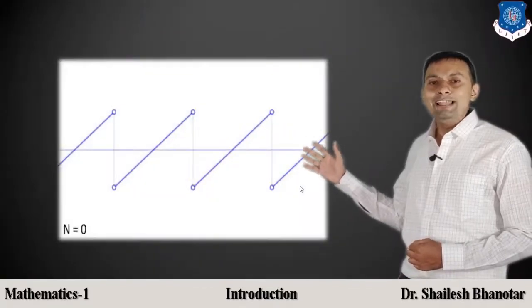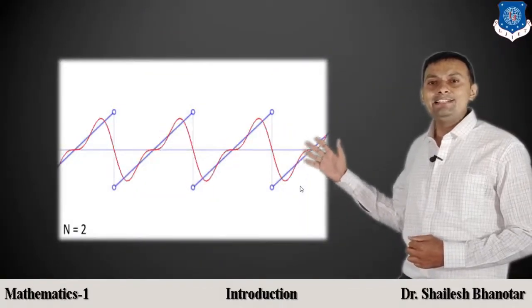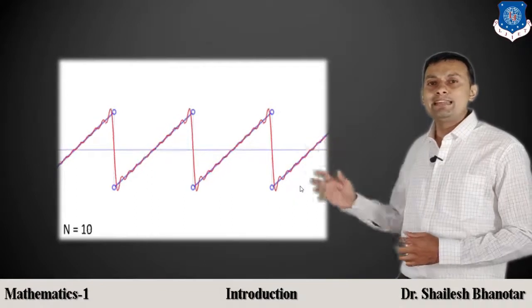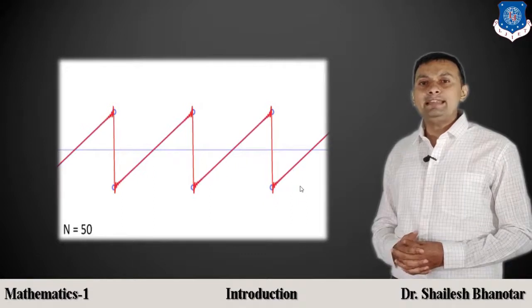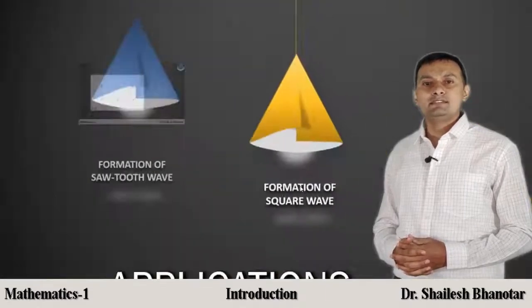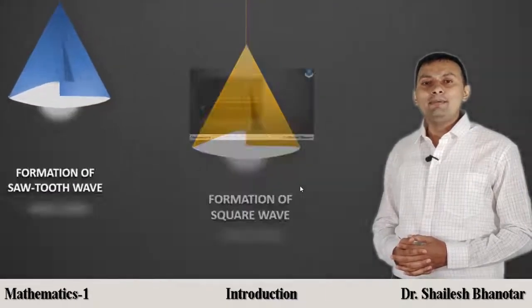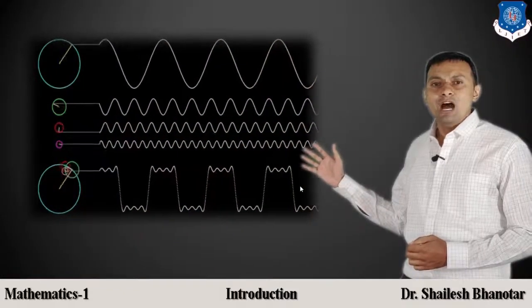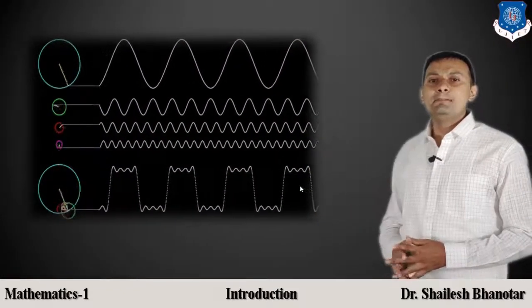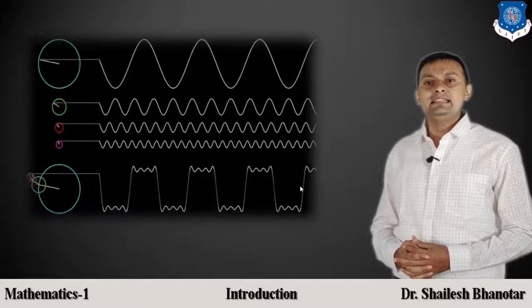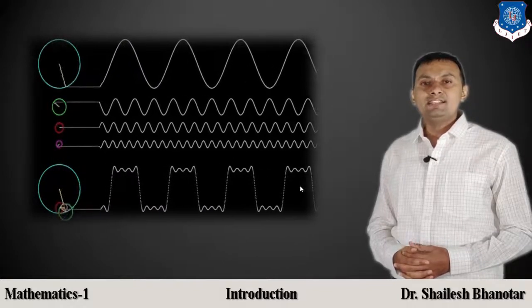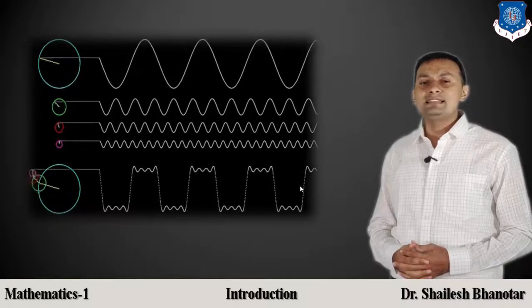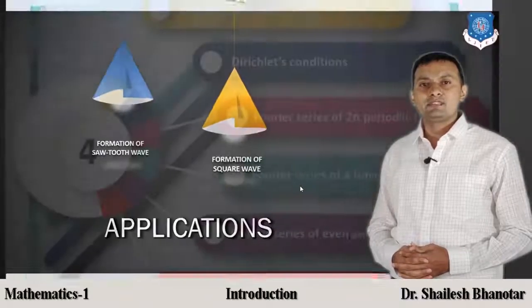An application of Fourier series is in the form of the sawtooth wave. So here when the value of n increases, then it takes the form of a sawtooth. That thing you can clearly see from the figure. The sawtooth wave is shown for its use in music. Also, in the formation of the square wave, on adding the infinite sine components, the resultant signal is a square signal. These waves are used in digital electronics.